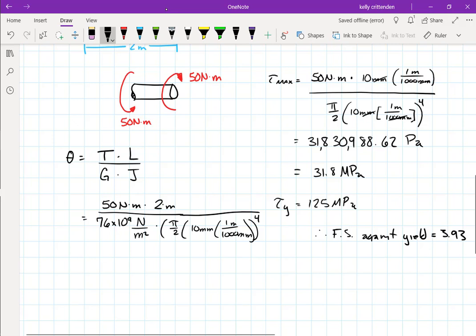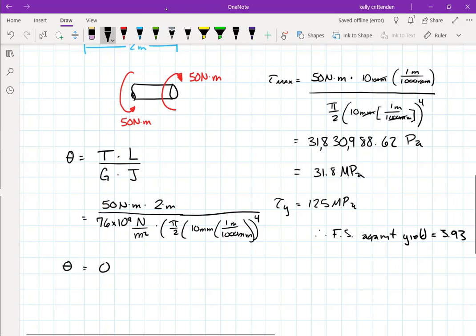These units should all cancel out. I have newtons per meter squared times meters to the 4th, so that gives me Newton meter squared, and I've got Newton meter squared in the numerator, so all the units go away and I'm left with radians. All right, so pi over 2 times 10 divided by 1,000 to the 4th times my modulus of rigidity, 76 times 10 to the 9th. 50 times 2 divided by that number,